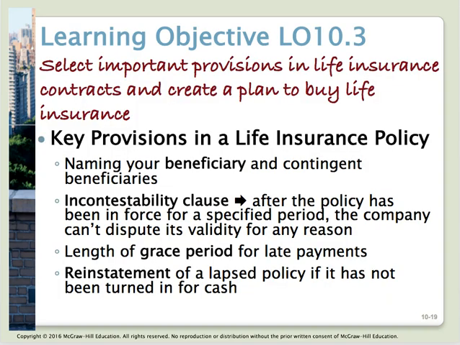Moving on to learning objective number 3, select important provisions in life insurance contracts and create a plan to buy a life insurance policy. Before buying a policy, you need to decide who is going to be your beneficiary. So you need to name your beneficiary, which is the person who is designated to receive your life insurance proceeds